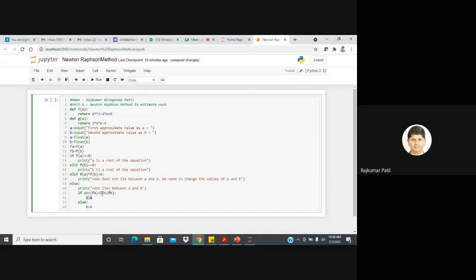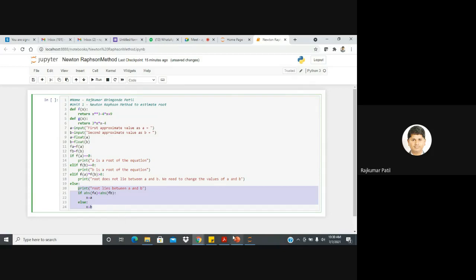Otherwise, the absolute value of f of b will be greater than f of a, and in that case we assign x is equal to b. So this is how we will get the value of x,